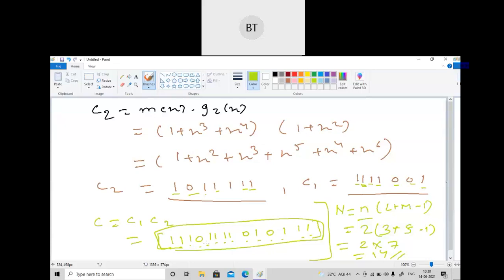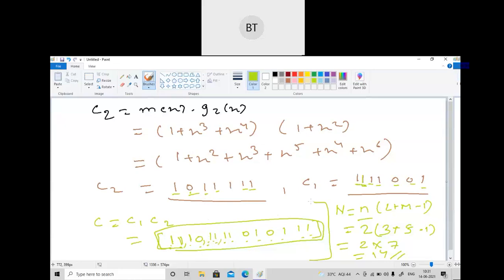Can you re-explain the C1 dot C2 again? Yeah, sure. So see, Aishwarya, what we have to do, first we take the C1 bit here. C1 is given as 1, so I've written here 1. Then C2, so 1 into 1, so I have written here 1, 1. Then the second bit from C1, that is 1 into 0, so I've written here 1 into 0. Third bit, you can see here this is 1, there it is 1, so I've written here 1, 1.